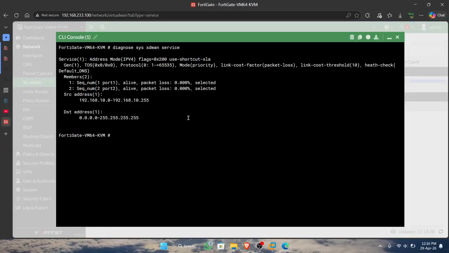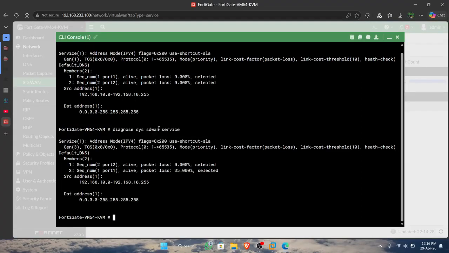You can see the packet loss in port 1 after we turn it off is high, 35, because the packet from VLAN 10 is traced to port 2, where the packet loss is lower.